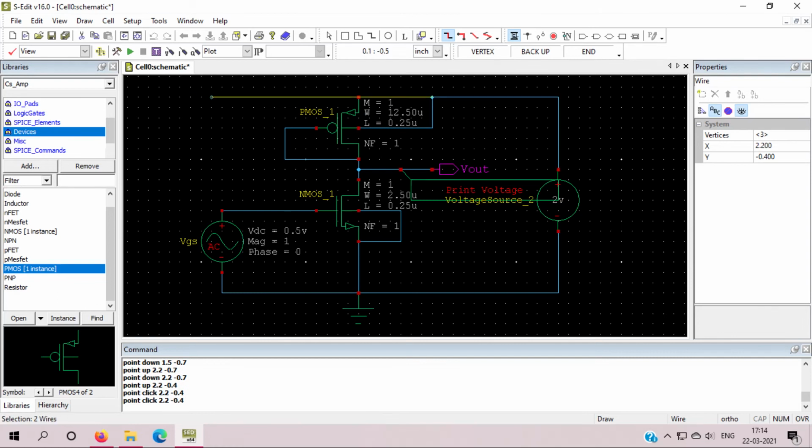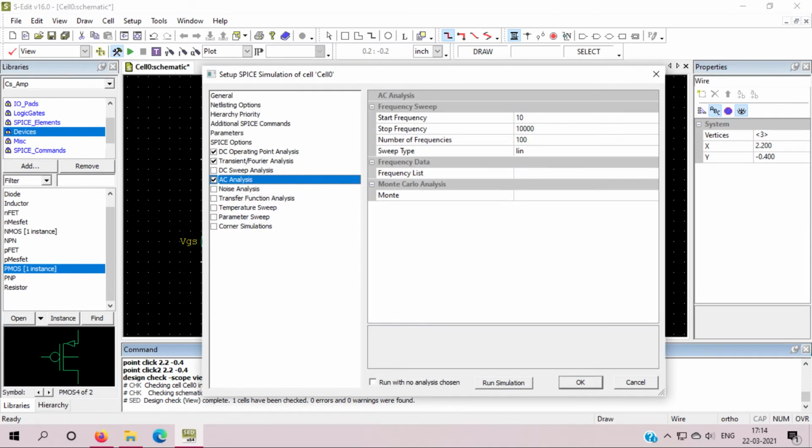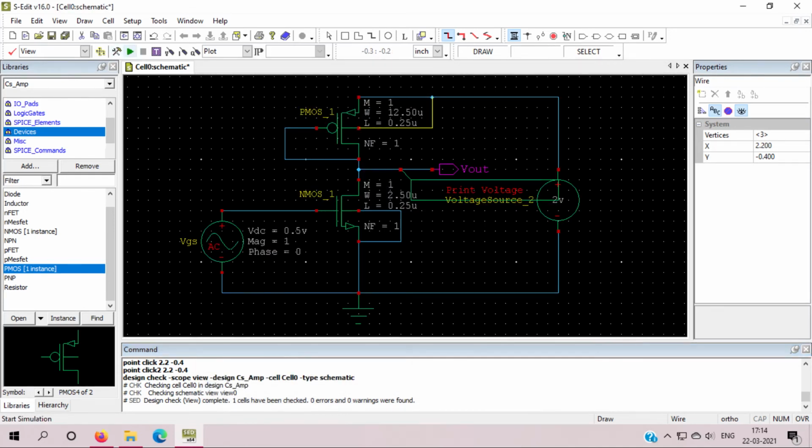Okay, so now again I will check my diagram, so you can see zero error, zero warning. Setup simulation is all the same. Okay, so we'll run the simulation again and observe the output.